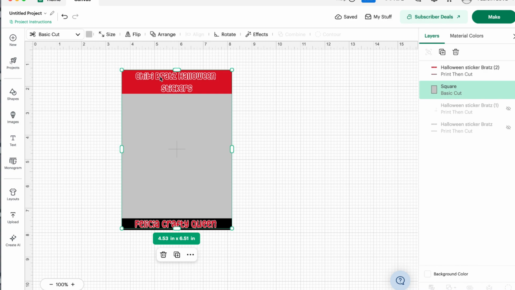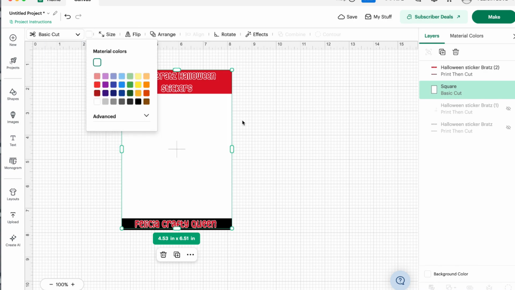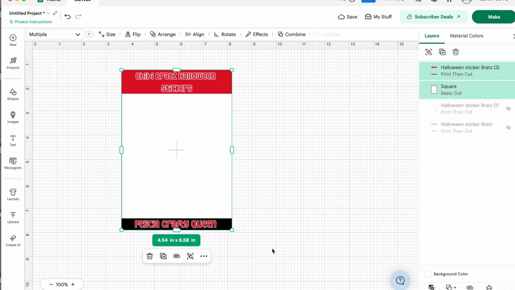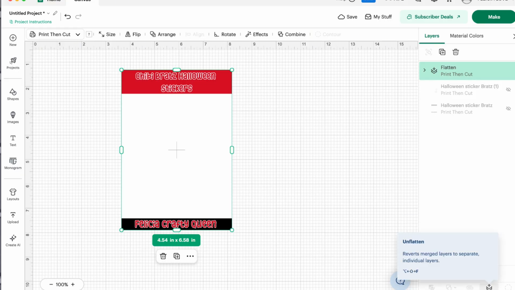Because you want to make sure, I just did that so I can see where it was. And then we're going to change this to white. Okay. And you want to highlight this, and then you want to hit flatten it, so that way Cricut knows to cut this. Okay, so now we're going to go to our